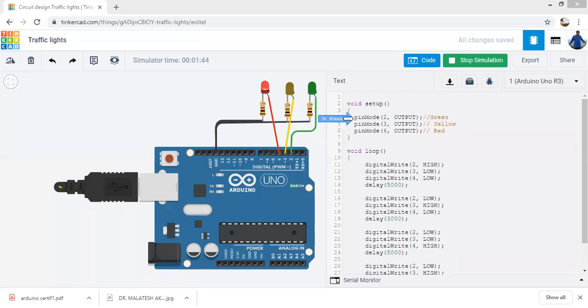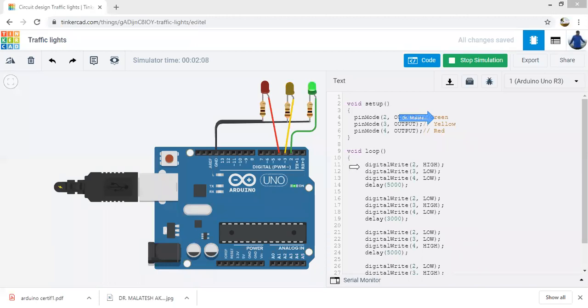To turn it off, we have to send a low voltage. Since those are output devices, we have to connect them to the output pins and declare those pins as output. So pin mode 2 is output, 3 is output, and 4 is also output. Just as a comment, I have given green, yellow, and red.